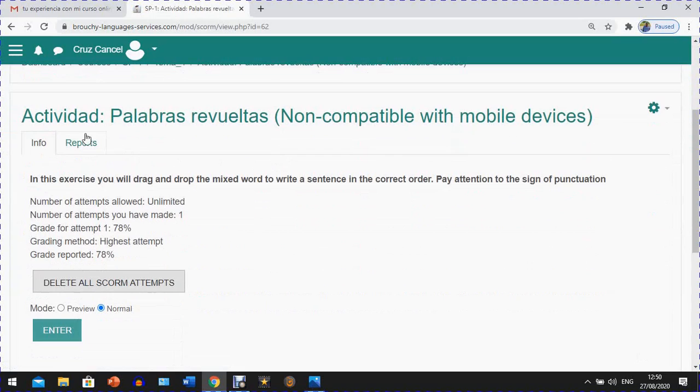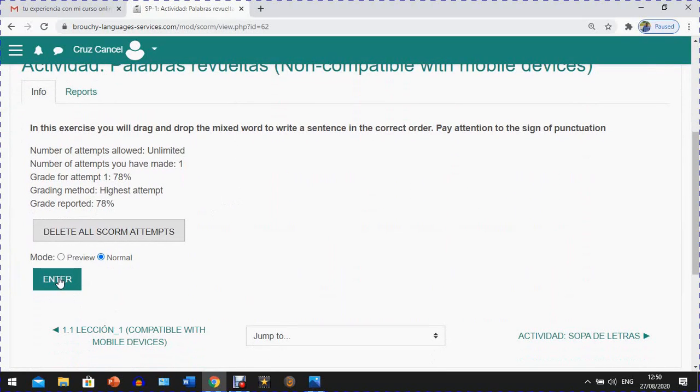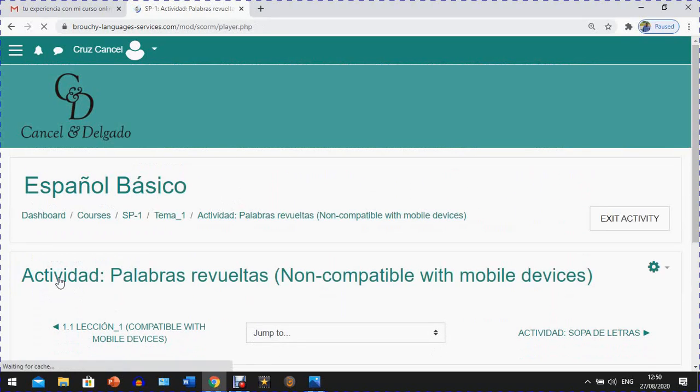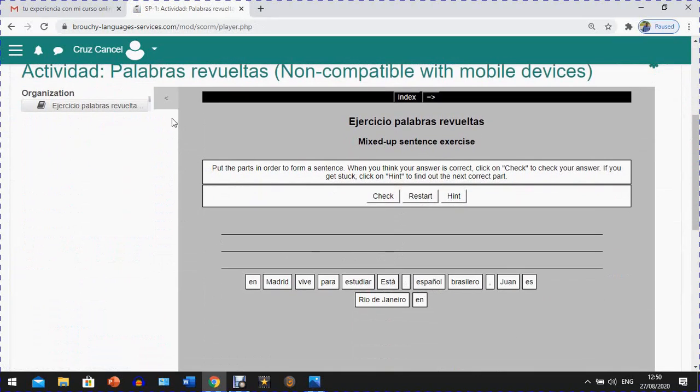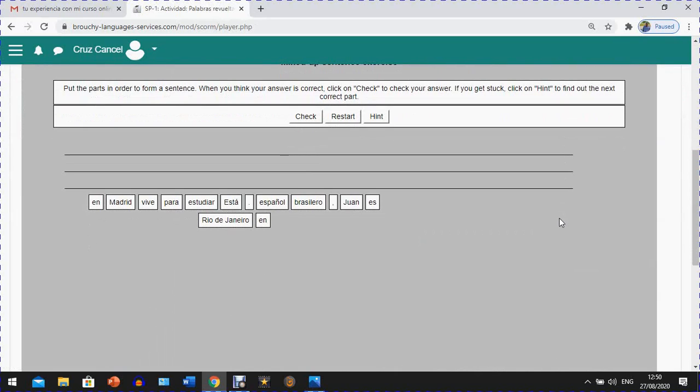The first one is an actividad de palabras revueltas. You're going to enter the activity by pressing enter. And here you open to get to the full screen mode, and you start the activity by placing the words into the correct order. So it tells you that Juan, start right there, Juan vive,